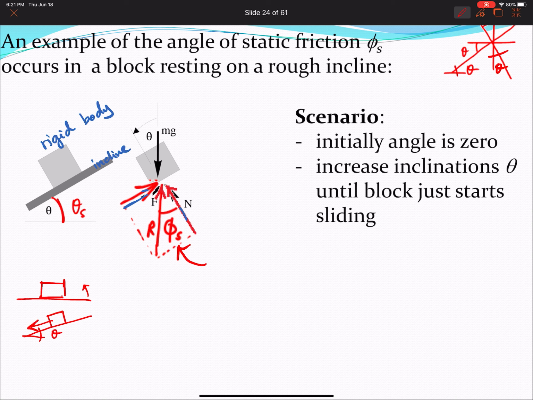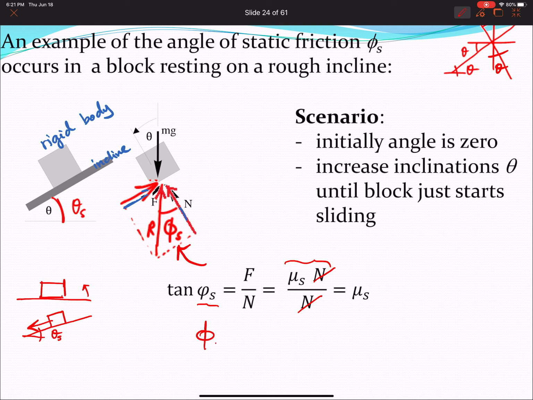What you just found is the angle of static friction. Why? Because the tangent of the static friction angle is equal to F divided by N, and F is equal to mu times N, and then this cancels out,